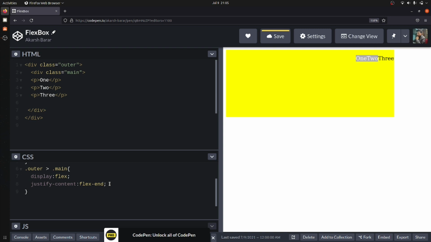Okay, not my wrap, sorry, what you can say, my row reverse. But if you see it as a row reverse, in row reverse the 3 was at the starting and 1 was at the end. So these are the things that are there, flex end. And if I just add space around, space evenly is to some point the same,